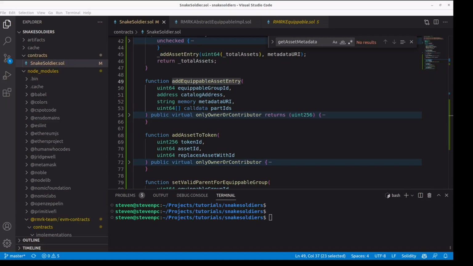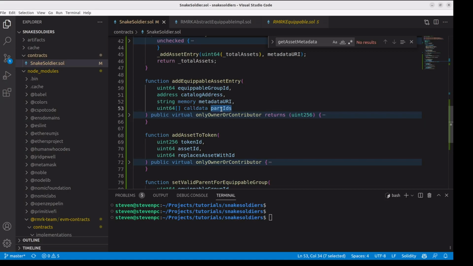When adding equipable assets, we also have the catalog, which defines fixed and slot parts, and the part IDs that this asset will use. I will be adding a video explaining the catalog in more detail. For now, just note that they define a set of fixed parts which any asset can use to compose itself. For example, I can have all the arms, heads, bodies and legs defined just there and cherry pick them here if I don't want to generate the composed version. Slot parts, on the other hand, represent what an asset can receive. For instance, Snake Soldiers will use 3 slots for gems and some more slots for weapons and armor.